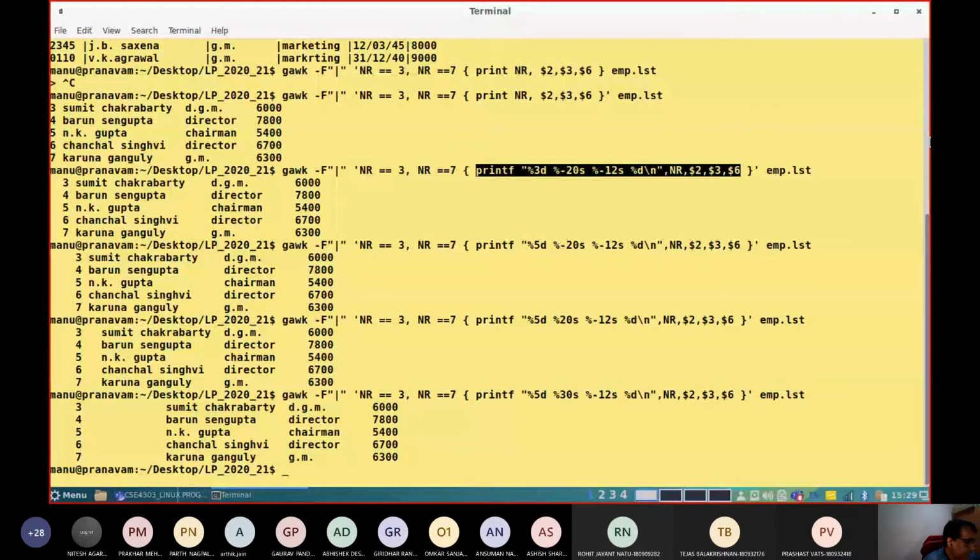Every print and printf statement can be separately redirected with the greater than operator also, and pipe symbols. However, make sure that the file name or command that follows these symbols is enclosed within double quotes. Within the double quotes you need to put it. Say, for example, let me try that command. Let me check whether it works.